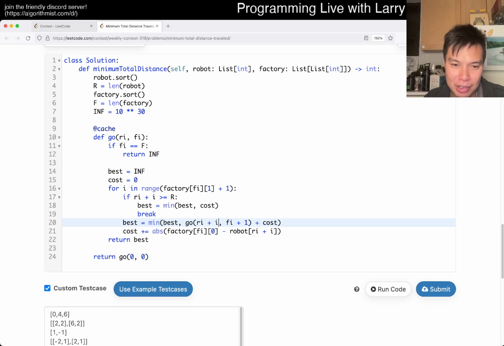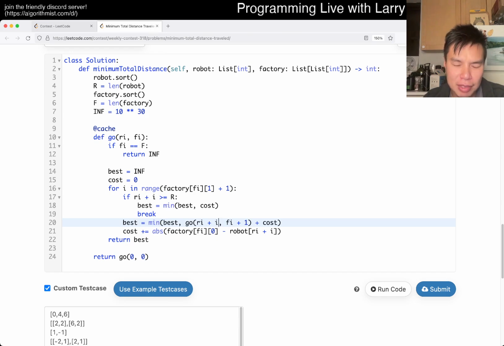Maybe do r of i plus 1, so then the base case is here instead of here or something like that, and then you just return 0. But that is why this is a little bit weird. I remember coding it and thought it was a little bit weird. But in any case,